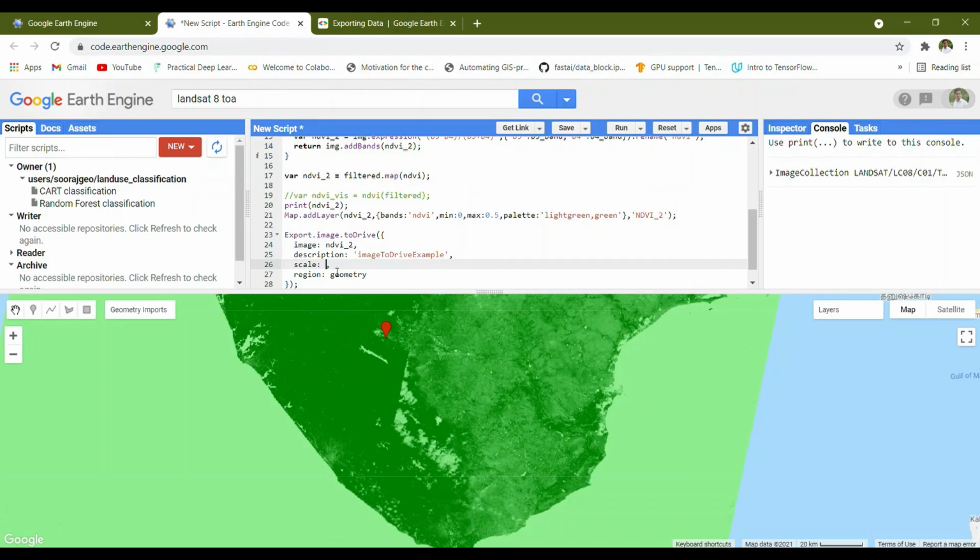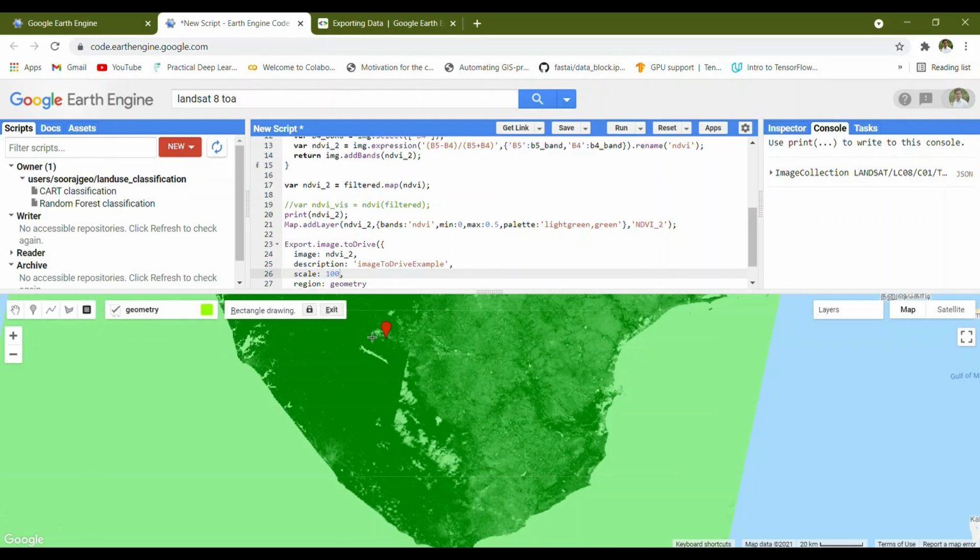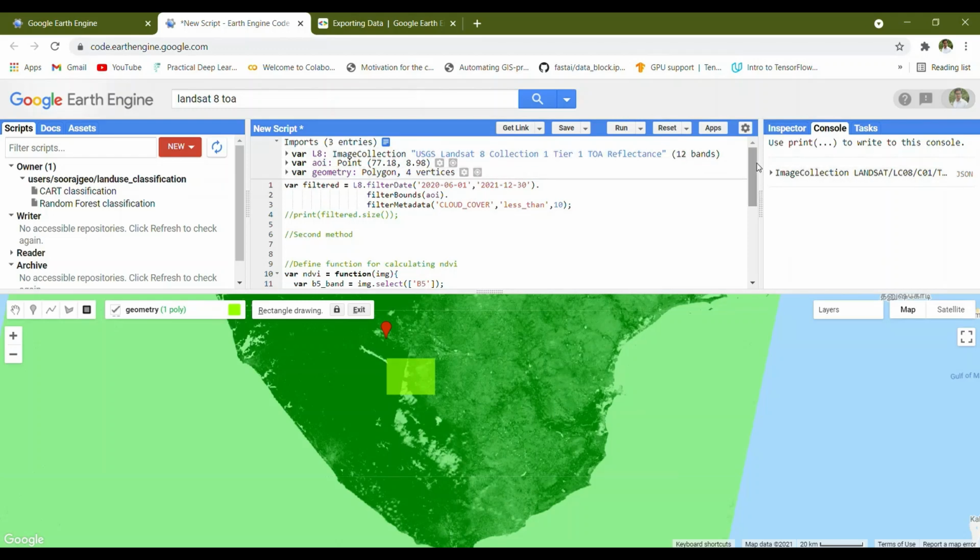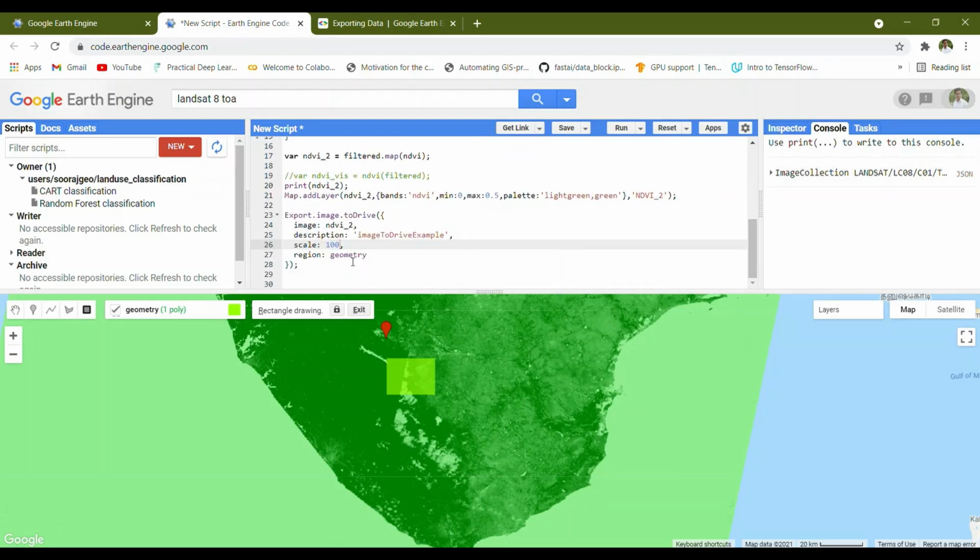relabel, give this 100. Now this geometry, I want only a part of this image, so instead of this single point, I can take this. First of all you have to lock this one, otherwise it will be added as a geometry collection. In the same collection there will be point and polygon. So if I lock this one and then add this one, I need a small portion like this much of this. So this will be imported here as geometry. So that geometry will be taken here, region geometry. So if I now press run,